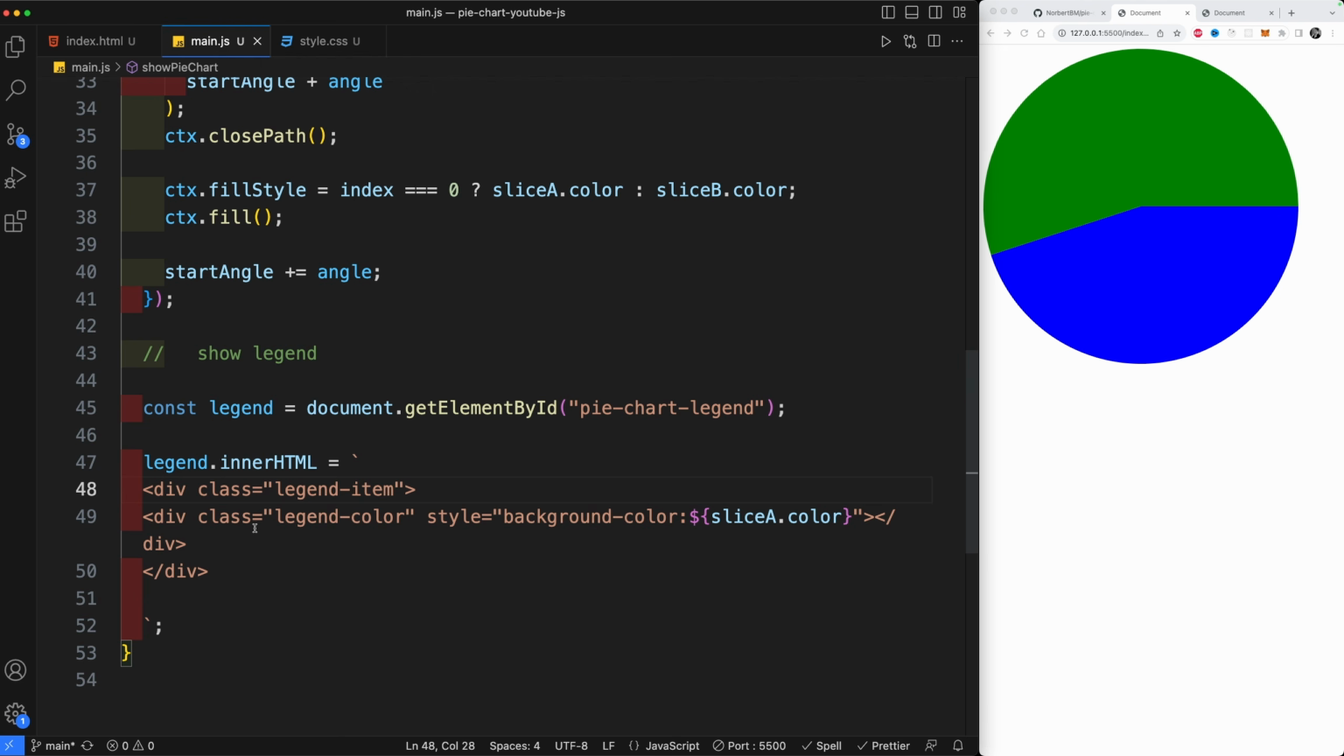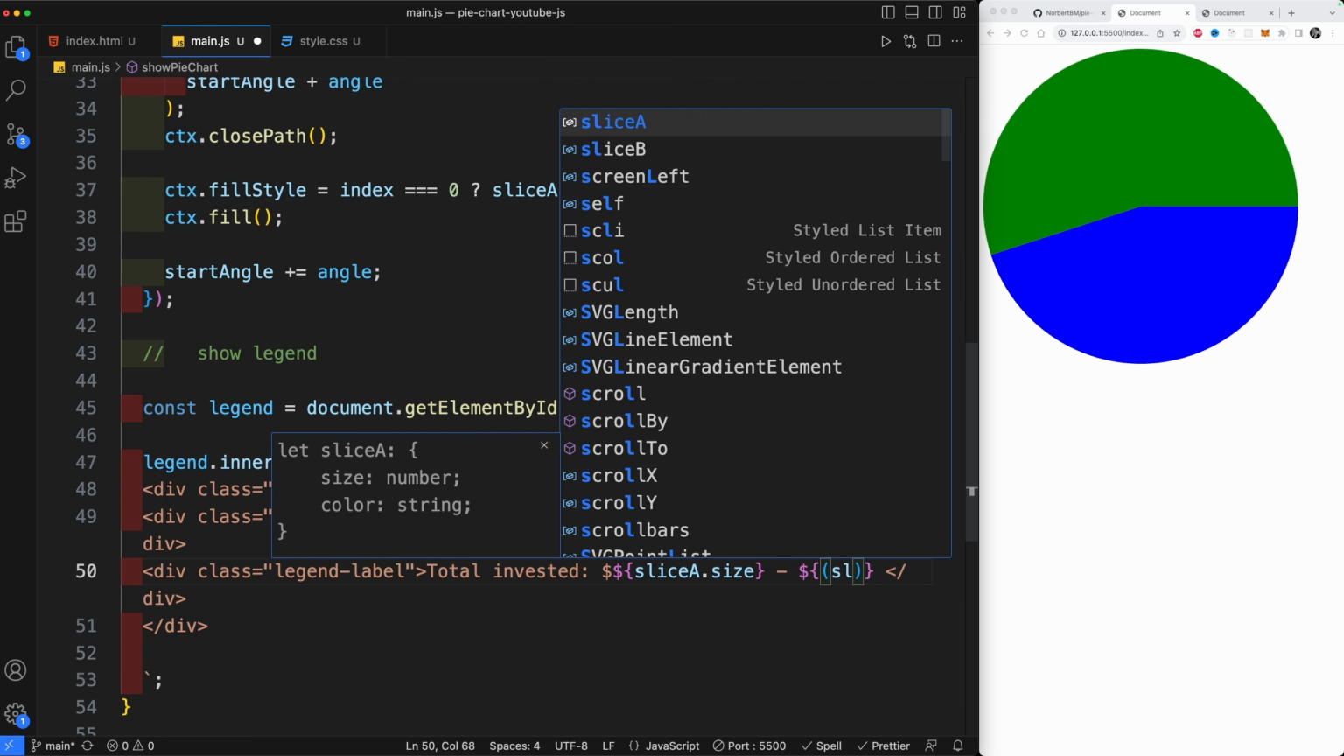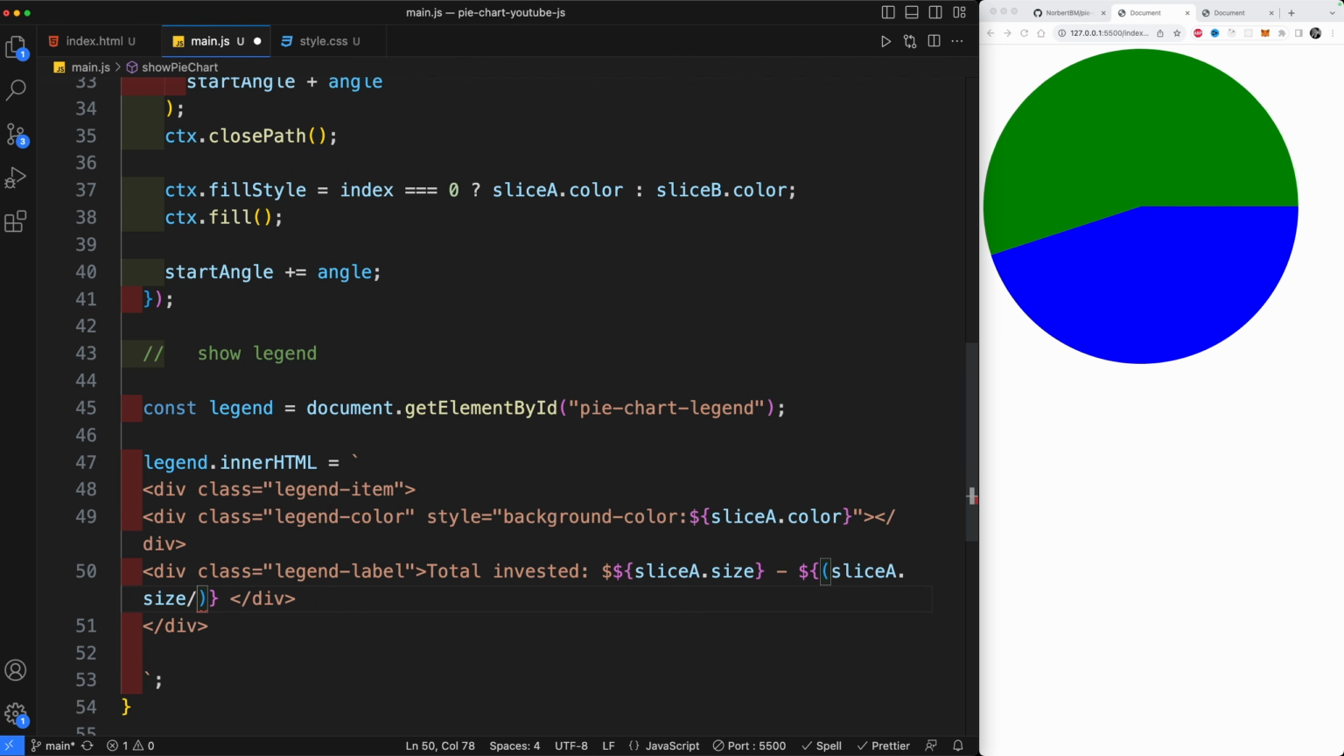Now after we added our legend color, the next step would be to add the label. So I'm just going to copy this, change this to label. We're not going to have any kind of background color, so we have to delete this, but within our div, we're going to have a text of total invested, and obviously this is an amount. So we're going to have here $, then another $, because the second one will be for using the variable of sliceA.size,